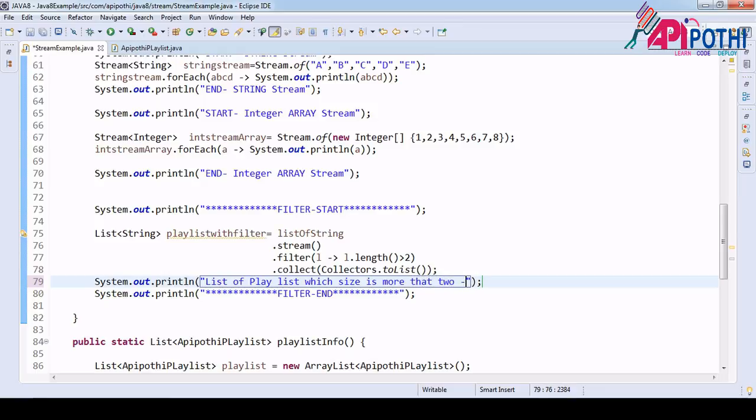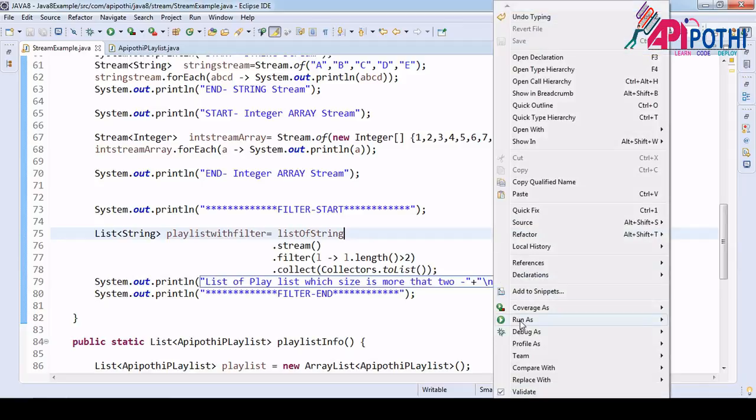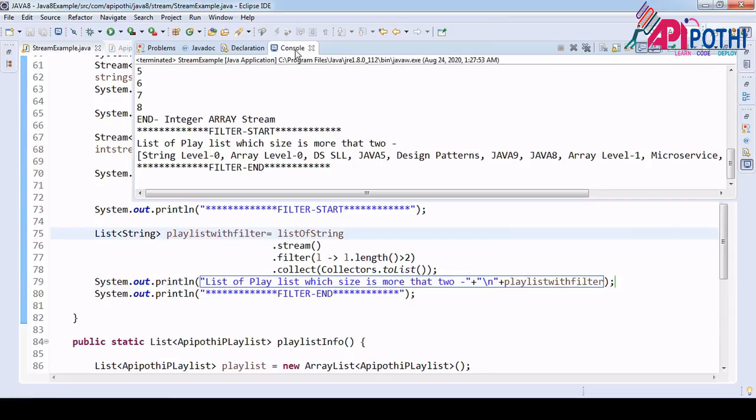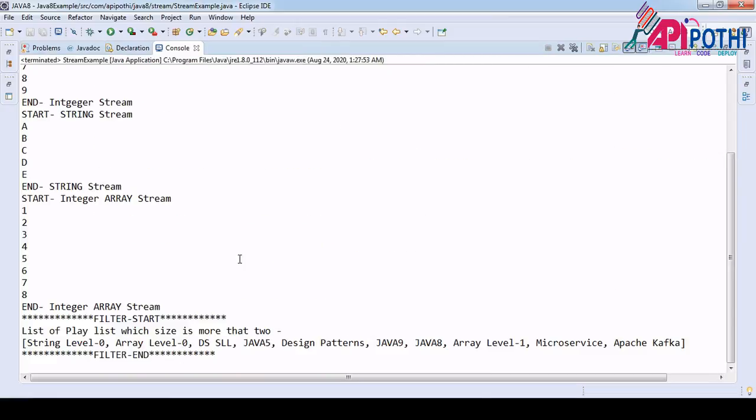That's how we did the business operation, right? Slash n plus, we are going to print this object here, that's all. Right click, run as Java application. Now if you see, this is the filter start, filter end.